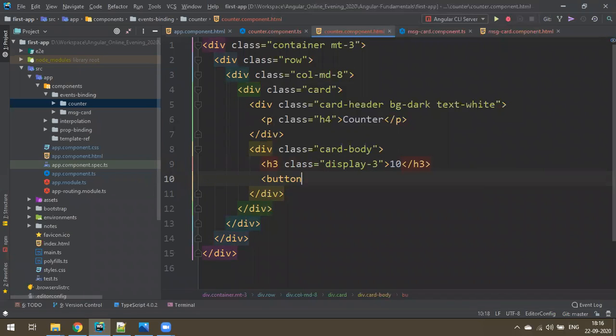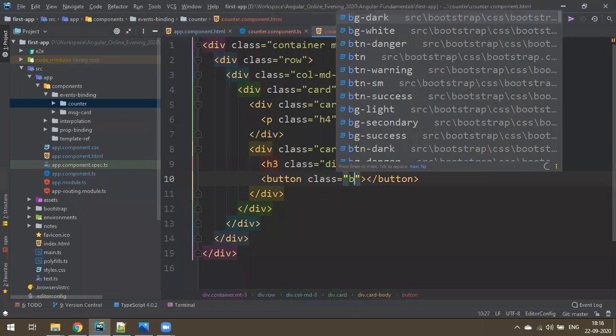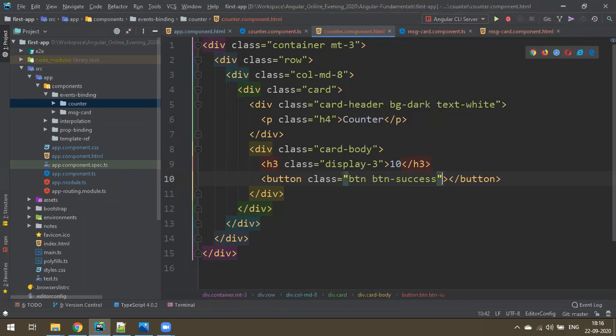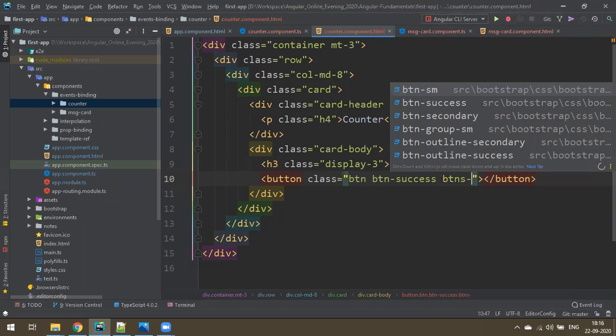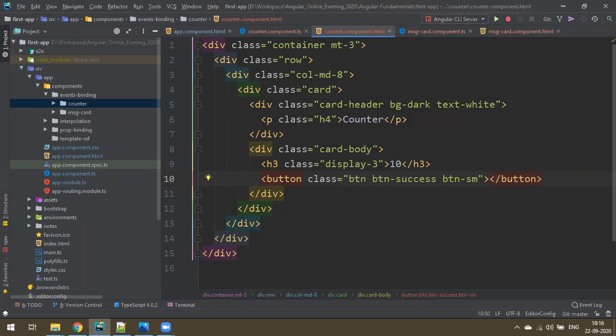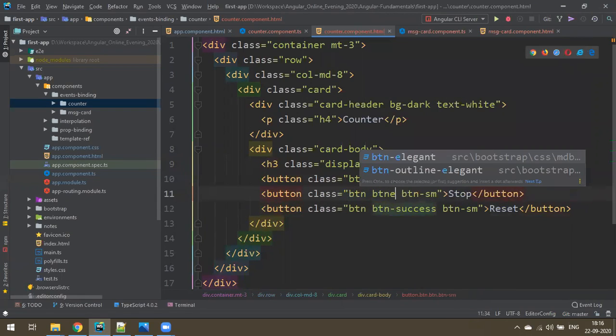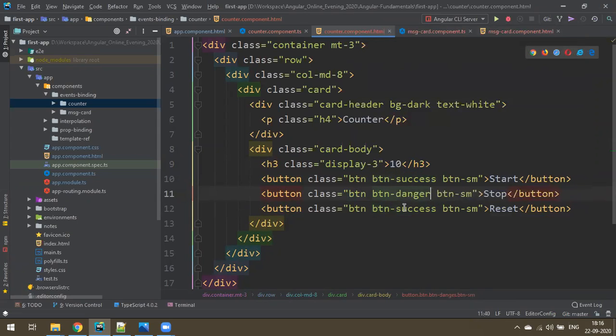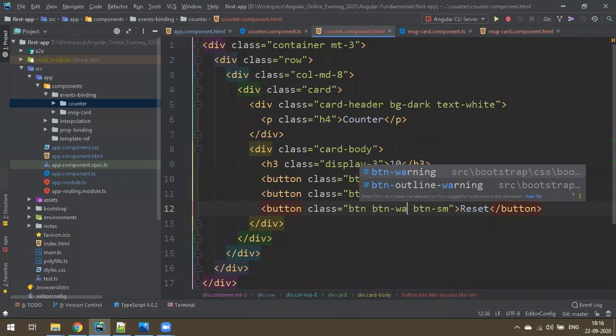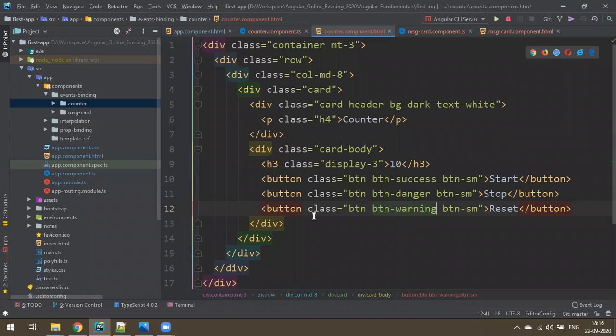Okay, so button, one green color button, and it's a small button. Okay, so this will be start button, and 3 buttons. One is the stop button and one is reset button. So stop button I'll give btn danger, and reset button I'll give btn minus warning. Okay, this is my design in Bootstrap.